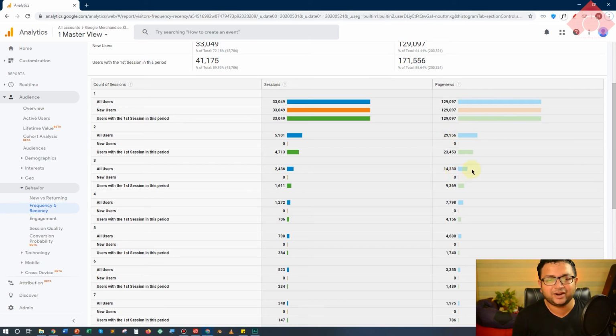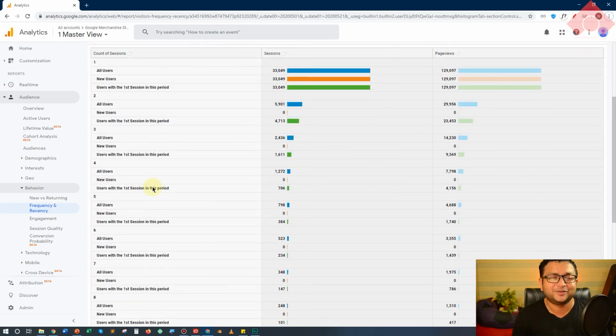And similarly, we'll find for count of session 3 and then 4 and so on. So this part is very easy to understand. All you can do over here is find out which block of users are viewing more pages per session. That will also tell you how things are working out for that particular group of users.